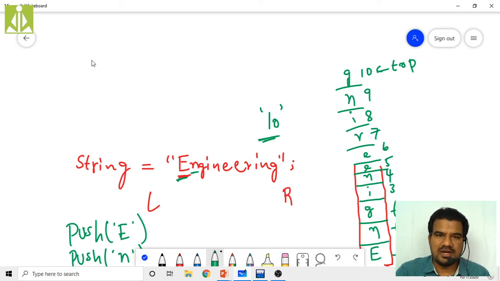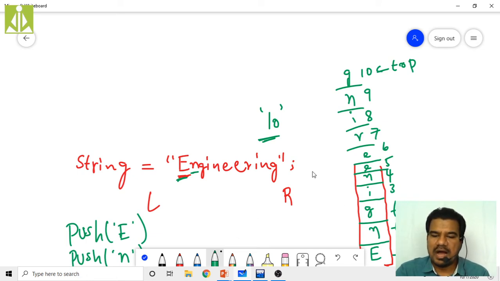Till what extent do we have to read this string? As long as I'm not encountering this null character, I have to read this entire string, character by character, from the beginning to end. And how I'm pointing out that end is by reading this delimiter. Once the delimiter got read, we are stopping the scanning process, we are terminating that loop, which is responsible for pushing all these characters onto the stack.